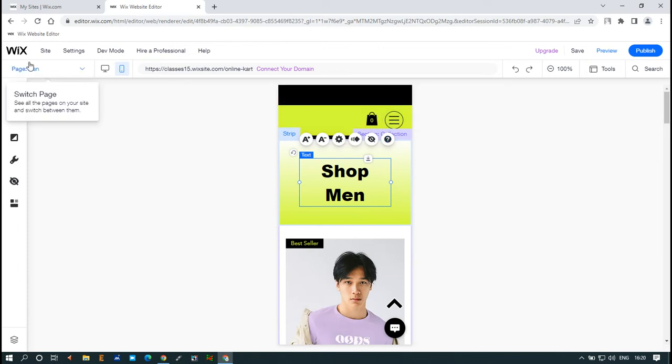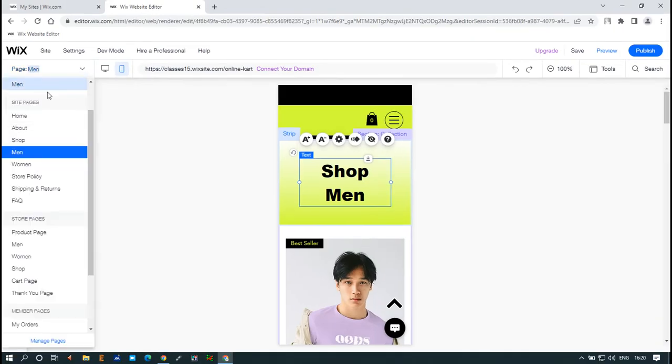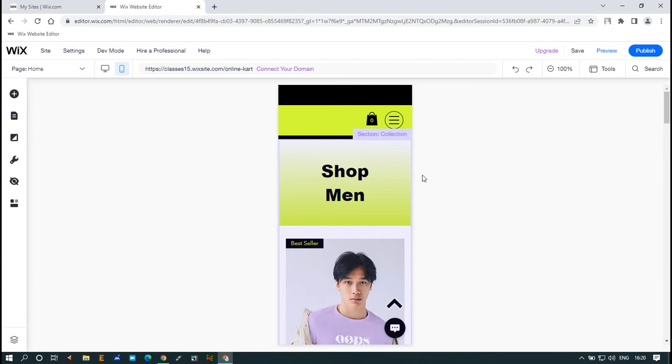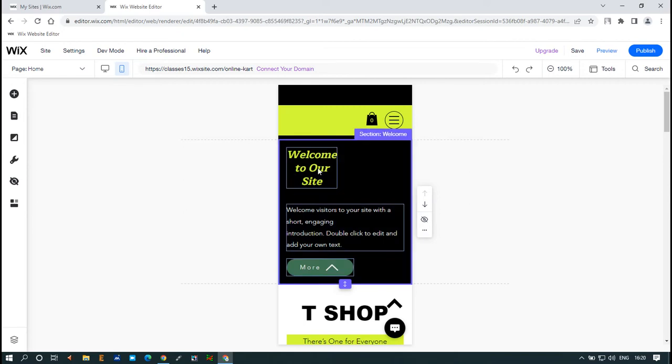So here we are in a different page. You can go again here, click on the drop down menu, and you can choose the home button. Any changes required in the home page, this mobile view will also change to the home menu. The updates or editing which you require in mobile version: see, we can see